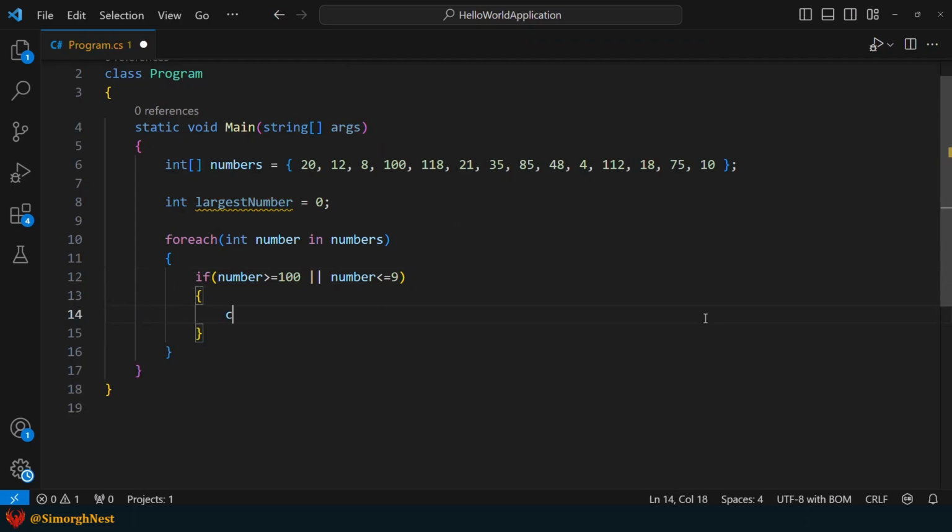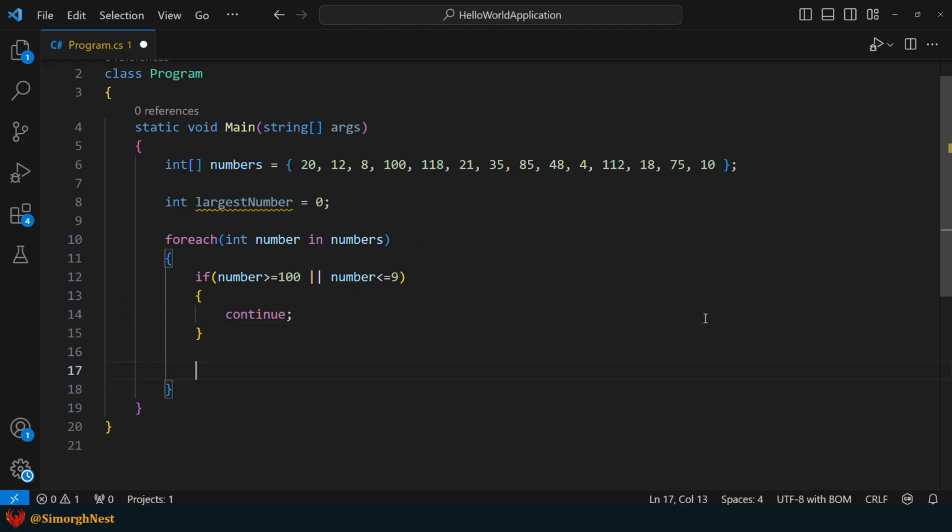If it is, let's add a continue statement. This continue statement means that if the condition is true, we skip the remaining code inside the loop for that particular iteration and move on to the next iteration. This step ensures that any 3-digit or 1-digit numbers in the array are skipped.